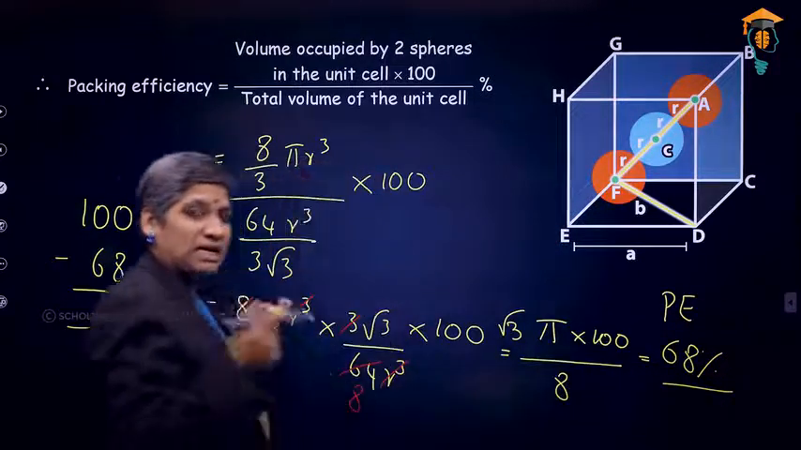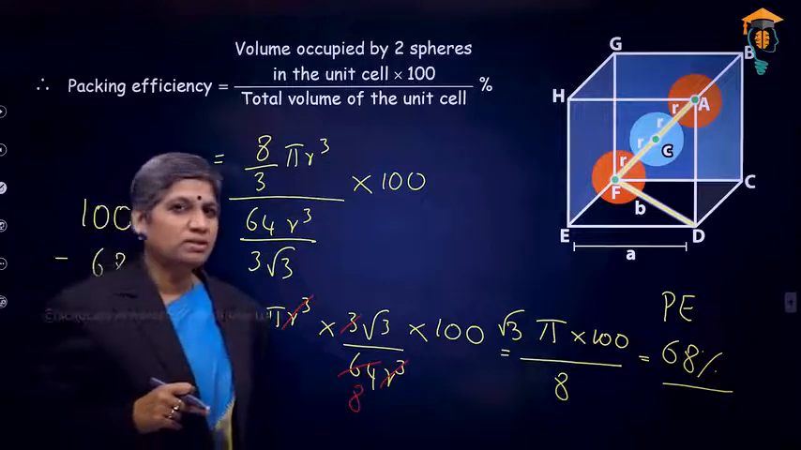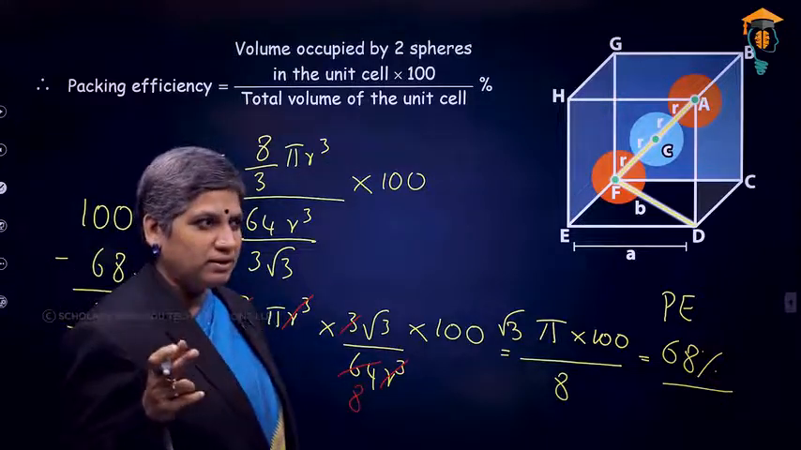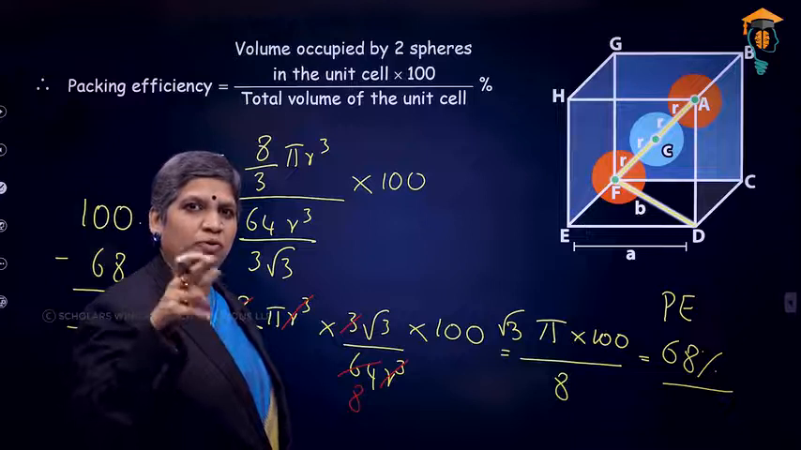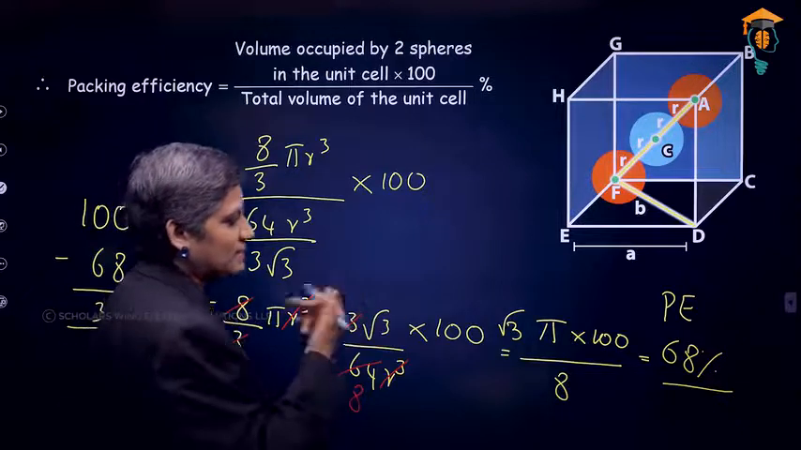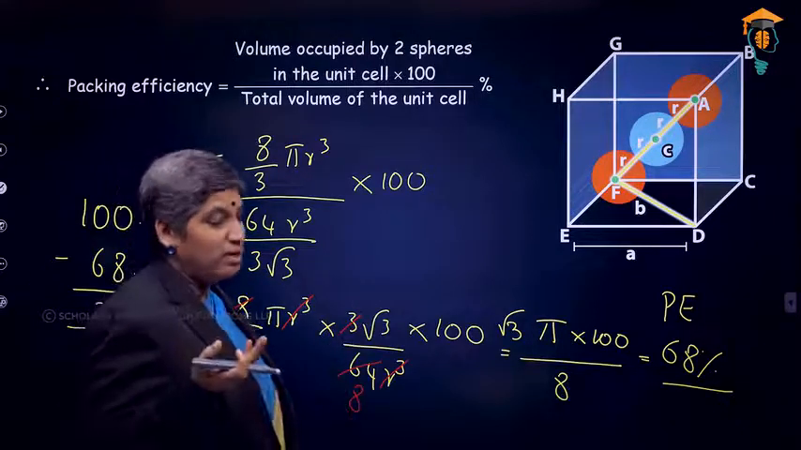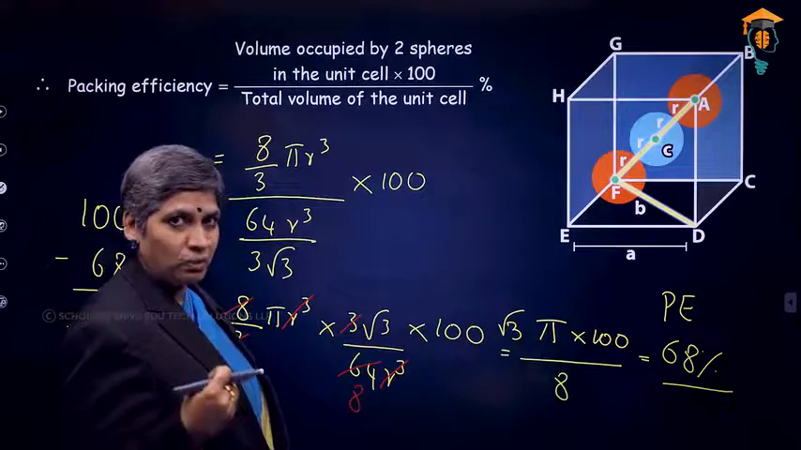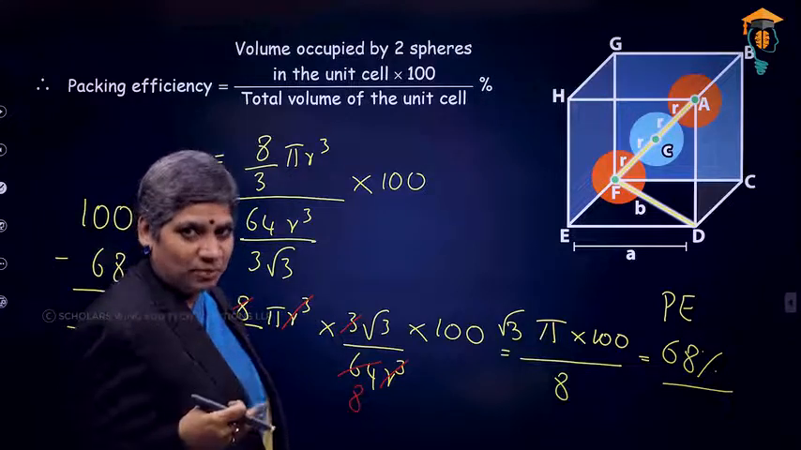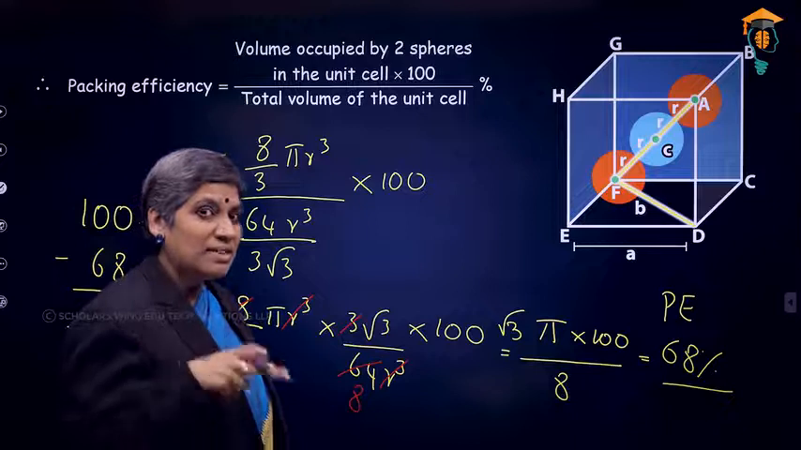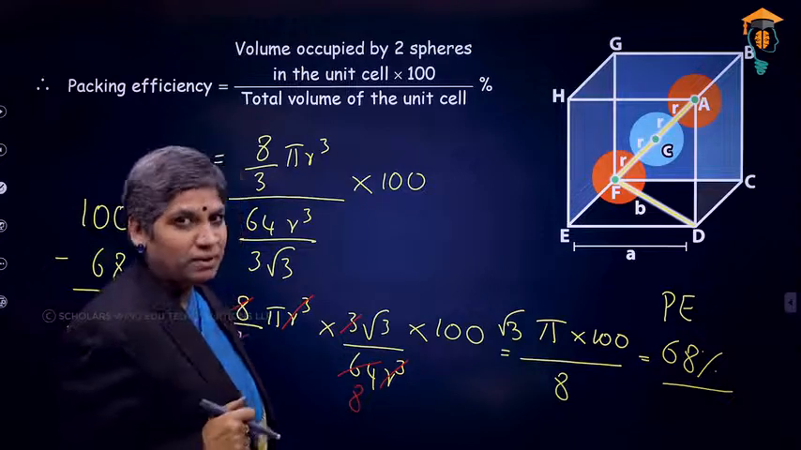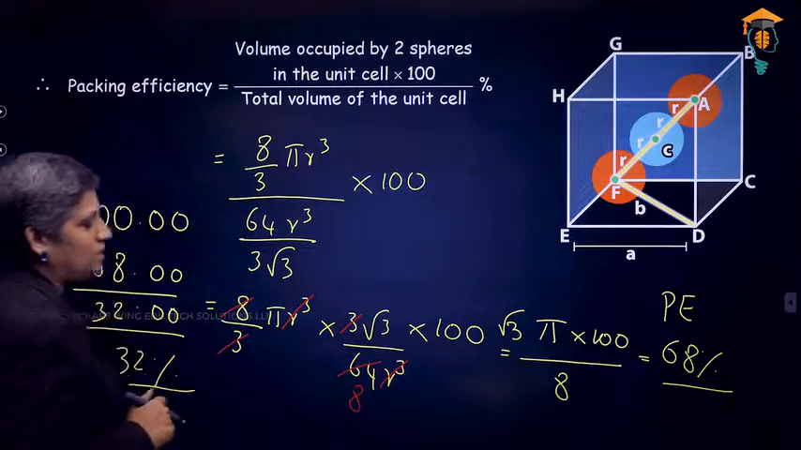What did we see in the case of simple cubic? It was 52.36 we got, so 52.4, right? But this is 68. See, the packing efficiency is more. That means right now you can come to one conclusion that BCC is more stable, with higher packing efficiency than which one? Simple cubic lattice. Okay. Now the third one is